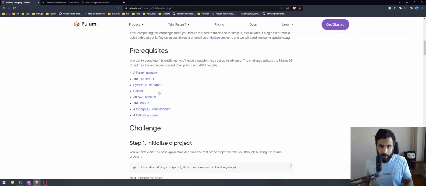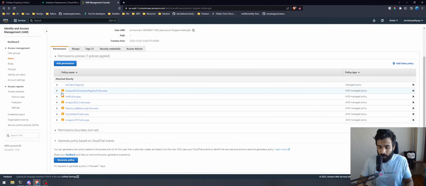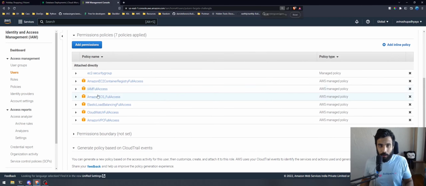We'll also require an AWS account and the AWS CLI. I have created an AWS user with the following permissions. Although some of these permissions might not be restrictive, all of them are full access. So I've given access to the EC2 Container Registry to store the container images, and IAM full access for some of the IAM permissions required, and ECS full access to create the ECS cluster, and ELB full access to